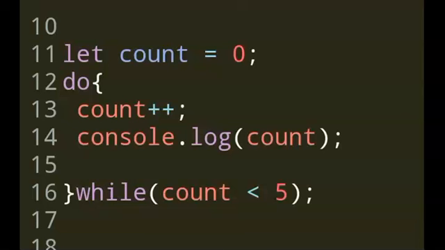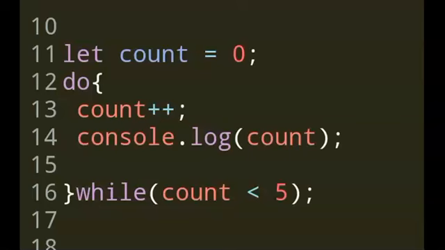So this code block is being executed as per the condition which is given after the curly bracket. Count less than 5 or I less than 5, whatever. Based on this condition it is happening. But remember, the only difference between do while and while: in while, the condition is analyzed first and then the code block is executed. But here the code block is executed once initially, even before the condition is analyzed. This is the most important part of do while. You have to remember this all the time.